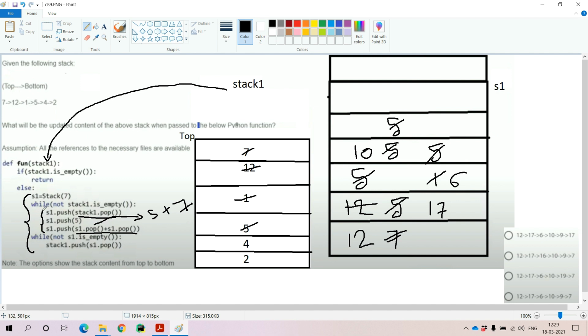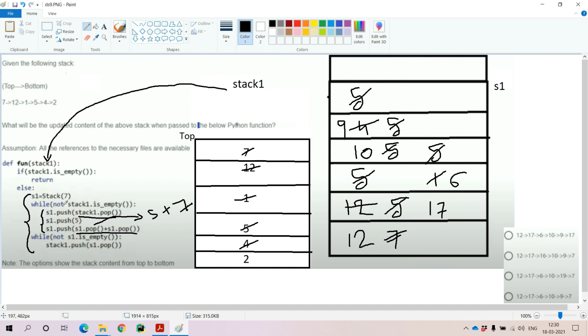Next, the while loop will repeat one more time, and within the stack itself two more elements are there. Stack 1 is not at all empty. We have to perform similar operations. 4 we have to pop and push into S1. Next, one direct element 5 we have to pop, and 5 we have to push into S1. As the third statement in the while loop, we have to pop the two elements 5 and 4, add them to get 9, and push it into S1. Now the S1 element will become 9.